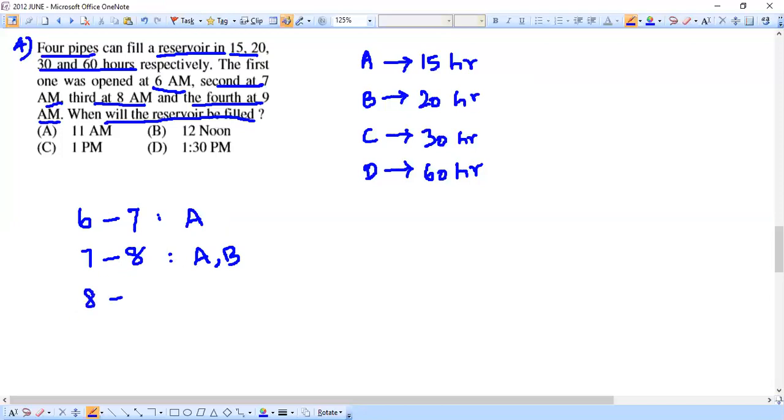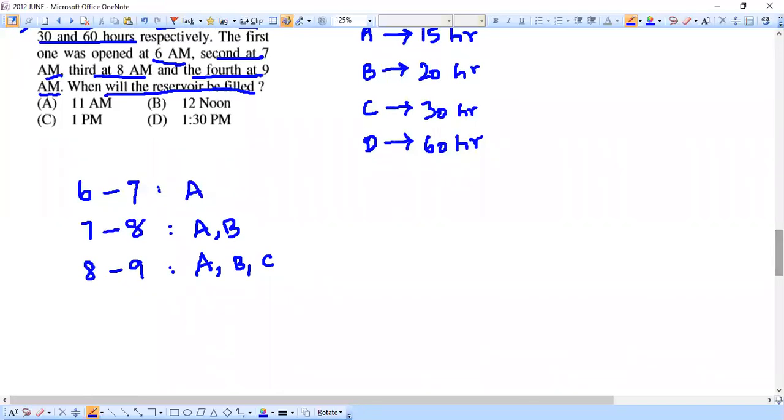At 8 a.m. they're opening pipe C also, correct? The third pipe also. That means from 8 to 9, all A, B, C, all three pipes are working. And next, what happens from 9 a.m.? I'll just have a gap here so that,